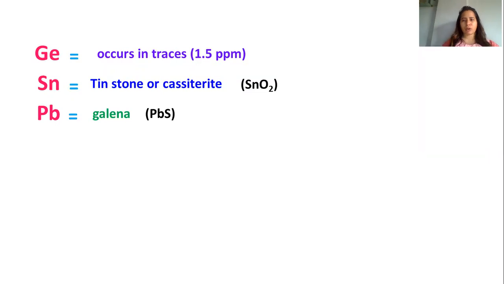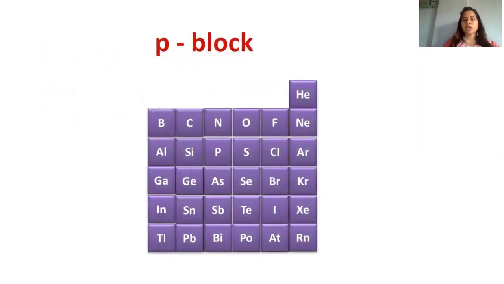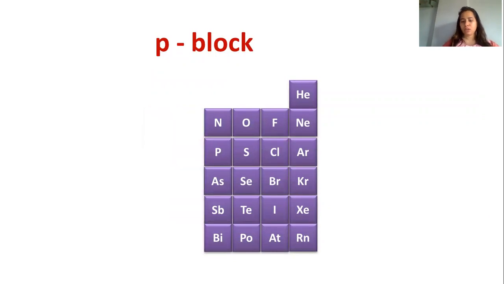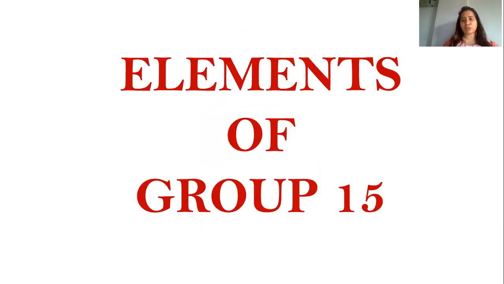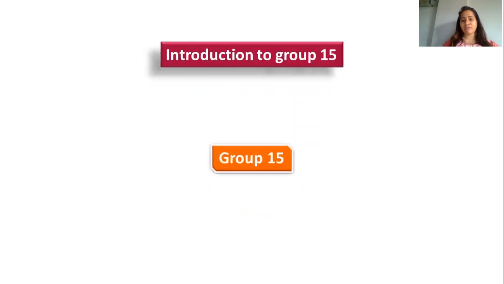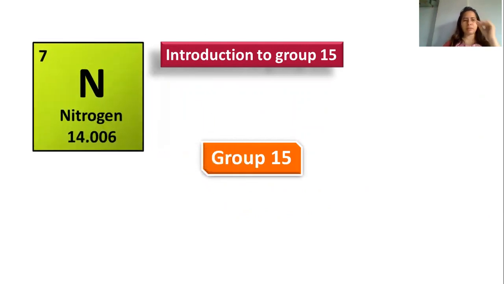So you can see different forms here. Yes. So we are done with group 13, group 14. So we can move on to group 15 now. Now group 15, when I say elements of group 15, the elements that we have are called the nitrogen family, belonging to the nitrogen family. So we have the first element as nitrogen,